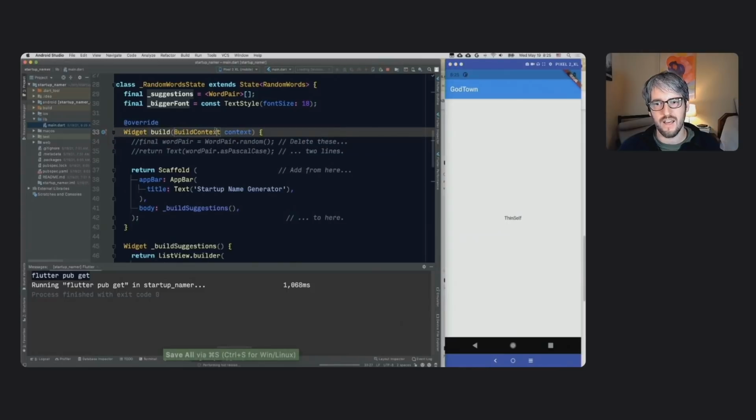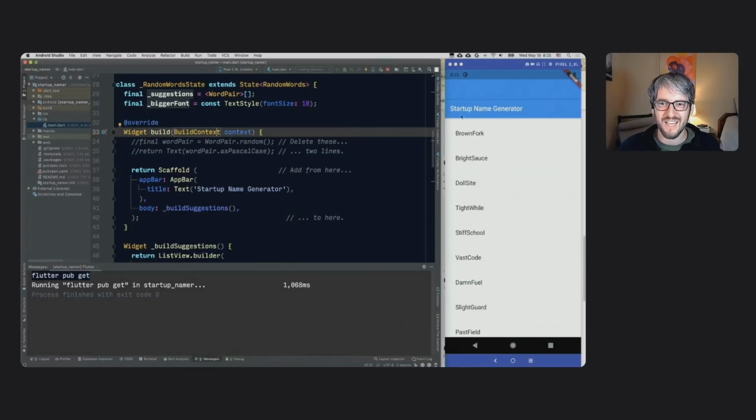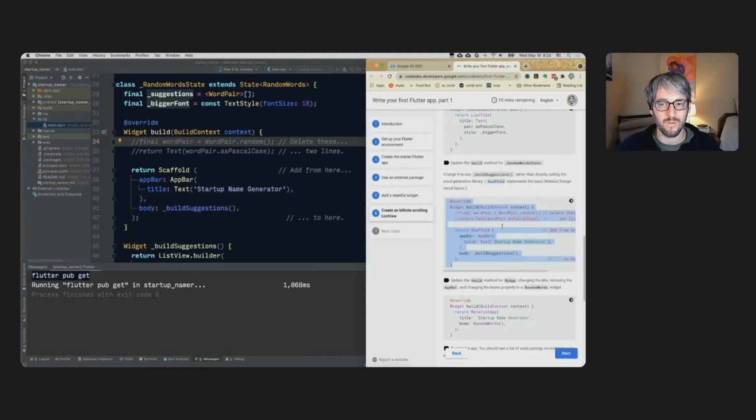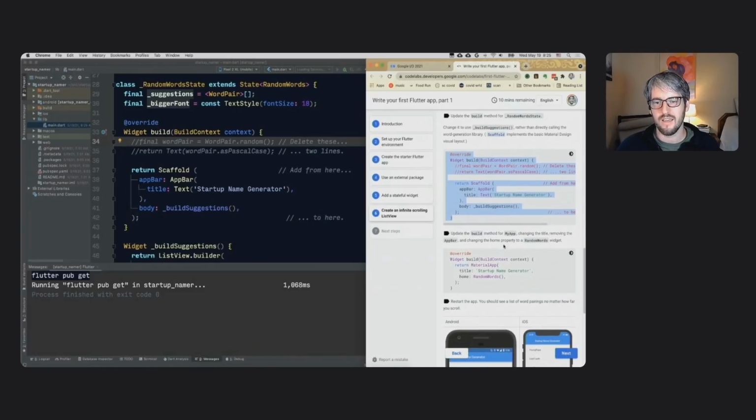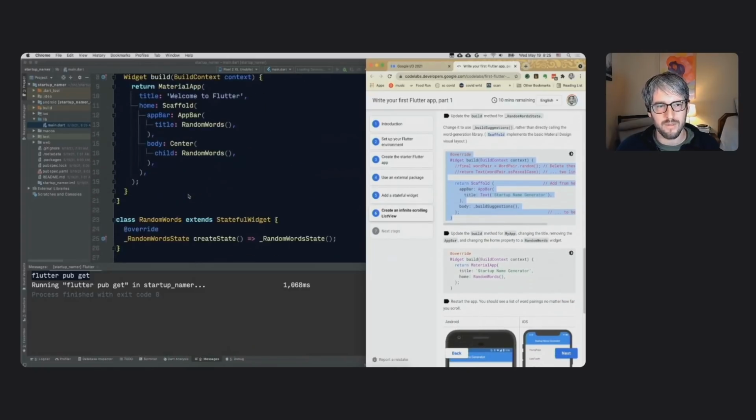If I hit save now, it's going to look pretty weird because we have basically two app bars. But this already works, but we don't want to have two app bars for no reason. And so the last step in this whole code lab, in this part 1, is to go back to my app and